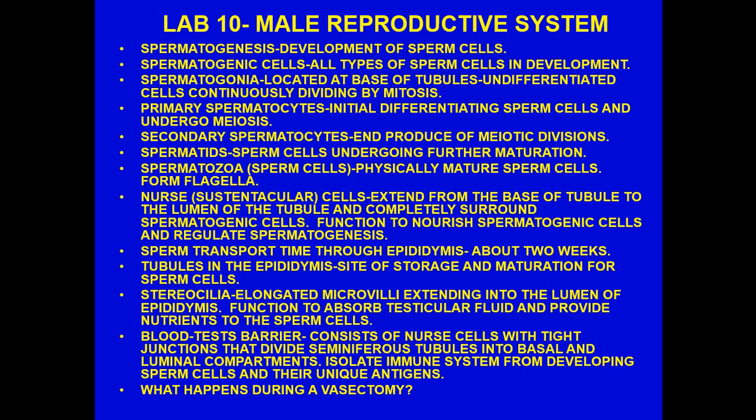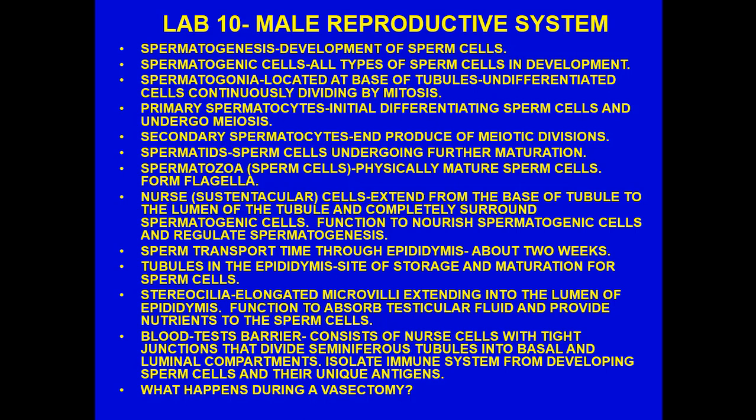Okay? Now, there's a lot here, but just run with this for a bit, and you can also review this in activity 31.4. When we talk about the term spermatogenesis, this is the development of sperm cells. Spermatogenic cells, these include all types of sperm cells in development. So the ones that are primary, secondary, spermatids, etc. Now,